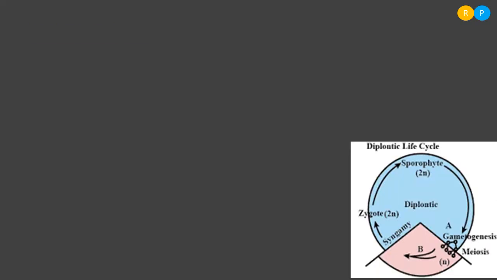And one more type of life cycle is the diplontic life cycle. So in this type of life cycle, the dominant phase is the diploid phase. You can see the schematic of the diplontic life cycle. So in this you can understand the dominant phase in the life cycle is the diploid phase, and the gametophytic generation or the haploid phase is short lived here. So because of this character, the life cycle is named the diplontic life cycle. Understood? So which group of plants show the diplontic life cycle?